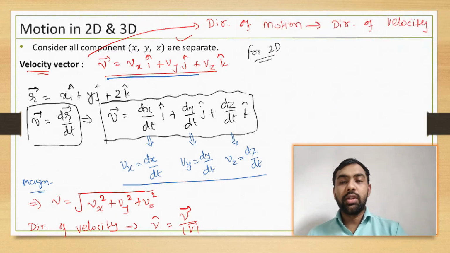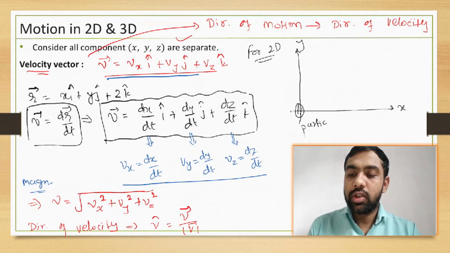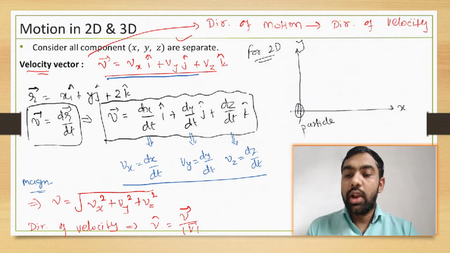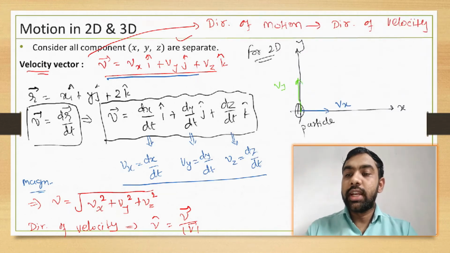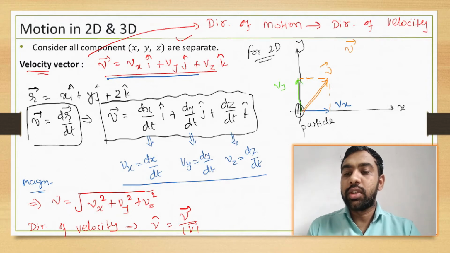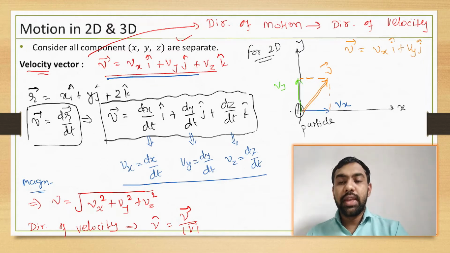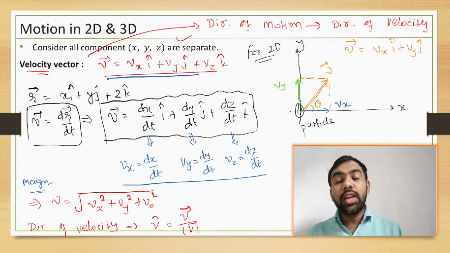For 2 dimension, if you consider this one like this, see, x axis and y axis, and here is the particle. So particle having some velocity along x direction is supposed to be vx, and particle having some velocity along y direction is supposed to be vy. So what is this net velocity? So net velocity, you just draw this figure. So this is net velocity. What is net velocity? V is equal to vxi plus vyj. If this angle is theta, suppose its angle is theta,